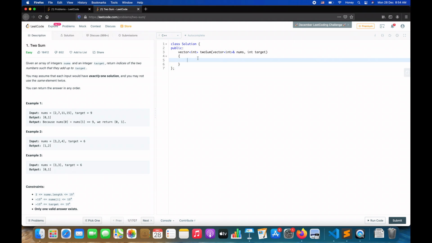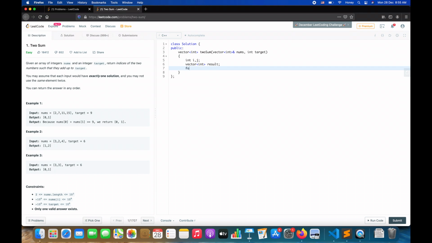Let's declare two variables, i and j. It's not necessary that you declare it here, but I just prefer doing it beforehand, or you can just go for a global variable. That is also okay. We will take a vector<int> result to store our index values.